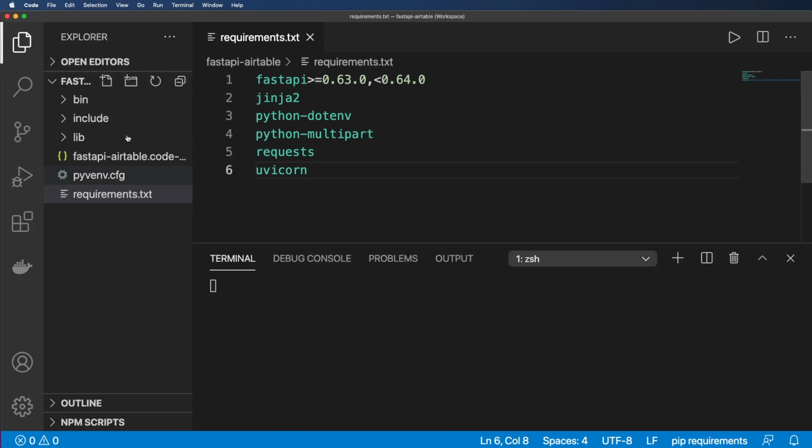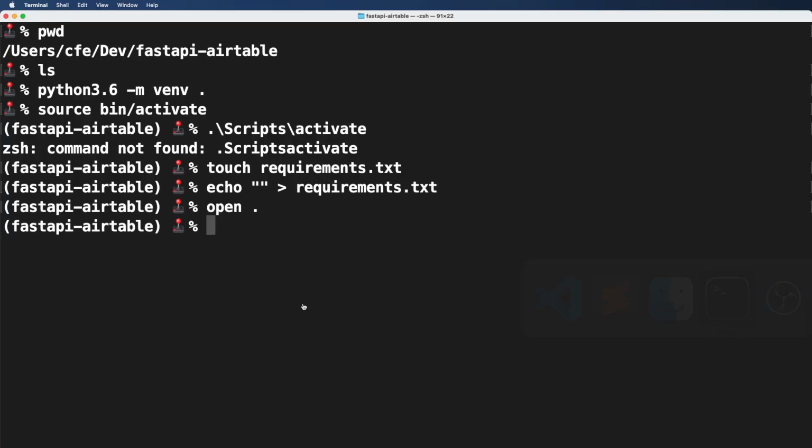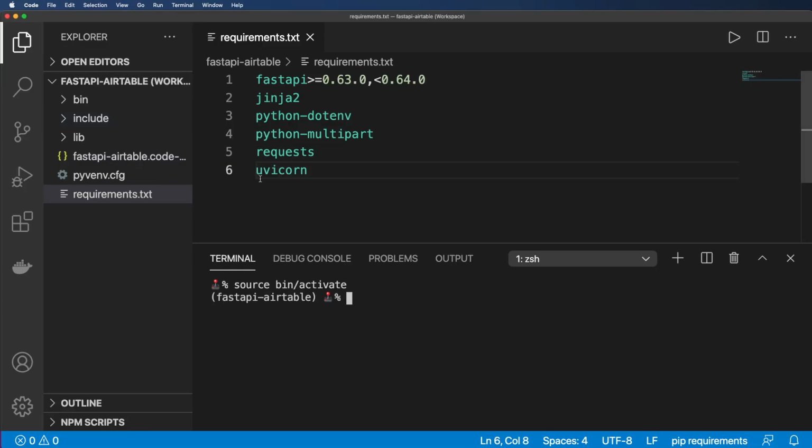So I'm going to open up the terminal inside of VS Code with Control-tilde, and that also works on Windows, and then it will activate the virtual environment yet again. Of course, you can be using terminal directly. A lot of times terminal is actually faster than using VS Code. So just keep that in mind if you're getting some lag in VS Code. That's actually true for me at least. So I'm going to go ahead and do pip install -r